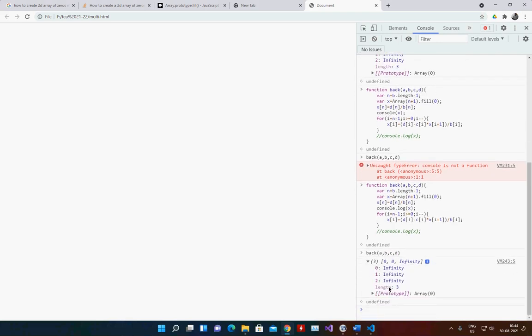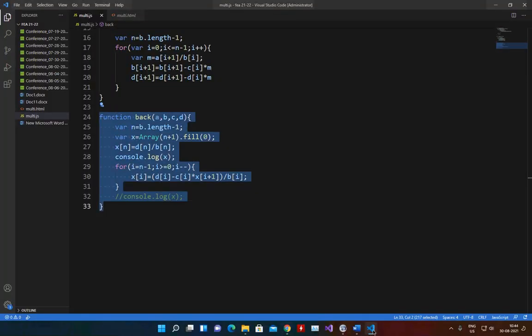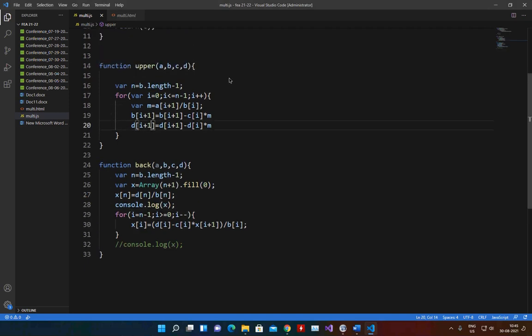I am getting infinity. That is the problem. x3 is infinity, therefore everything I am getting is infinity. So somewhere here we have made a mistake.